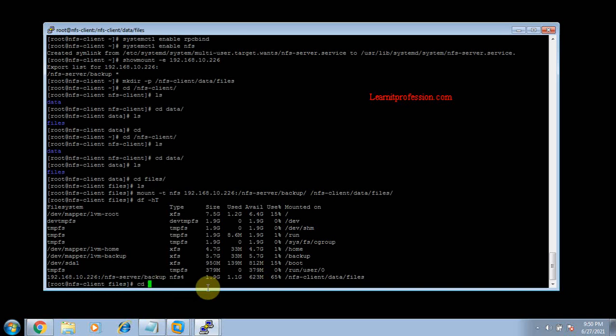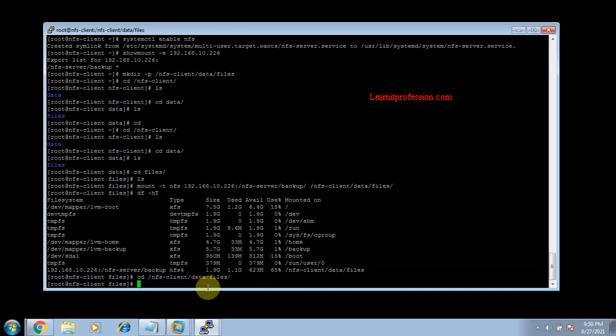Okay, to check the contents, go to the directory /nfs-client/data/files. Just press enter. So check the content of the server, that is a single file with the name OS.